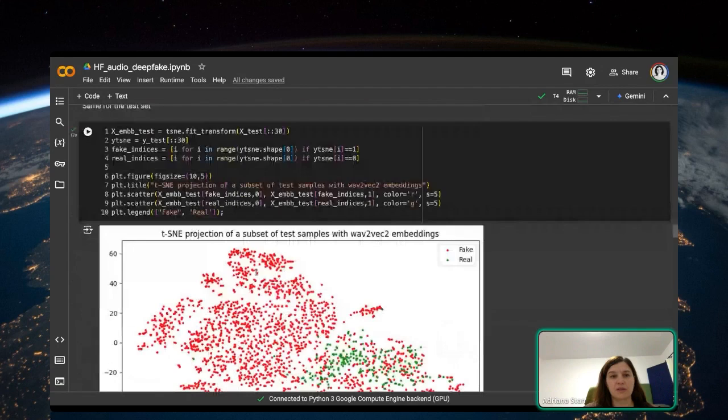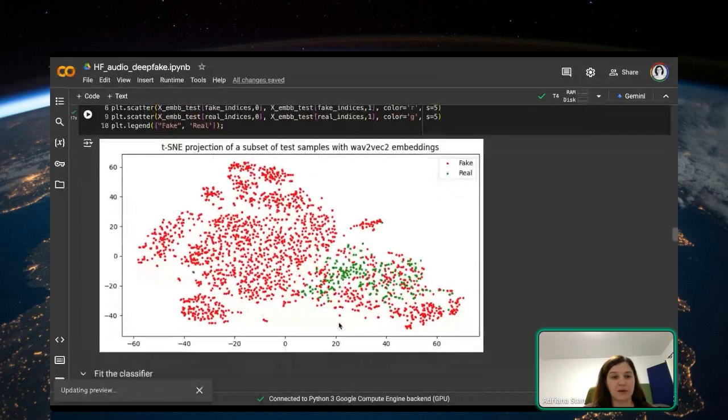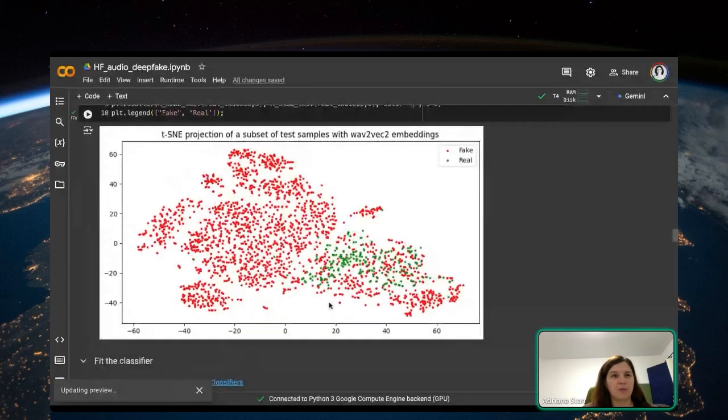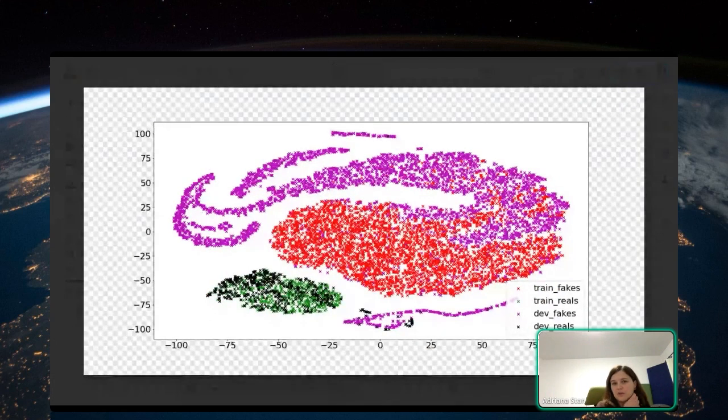Yeah. We can also look at the test set. Similar, we have the red for fakes and the green for reals. Yeah, and again, there's quite an overlap there. What I also want to show is a TSNE projection of the same